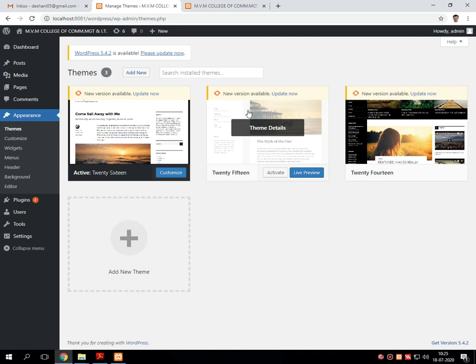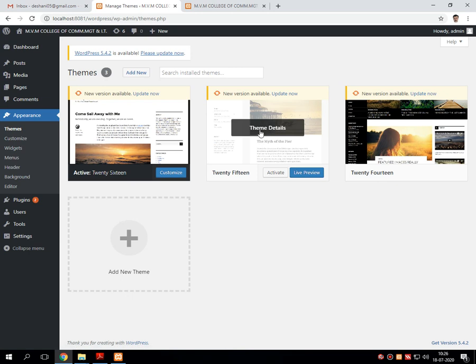The buttons change. There are 2 more buttons apart from customize: activate, and the next one is live preview.